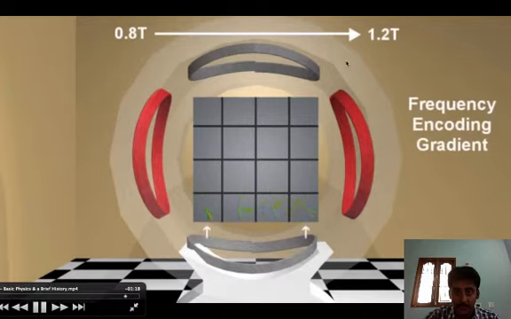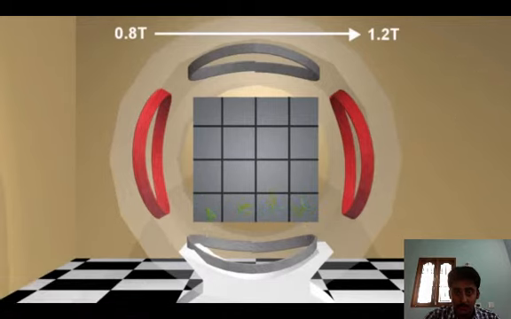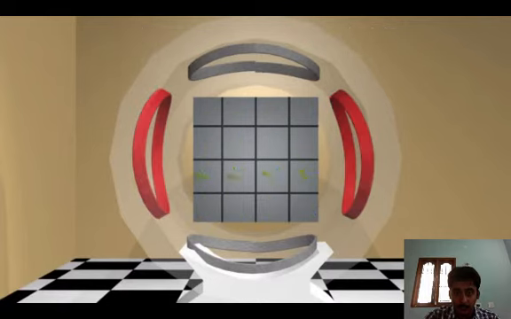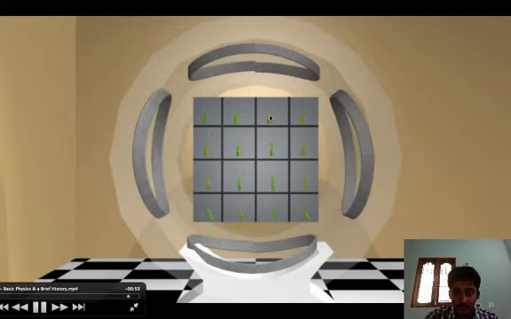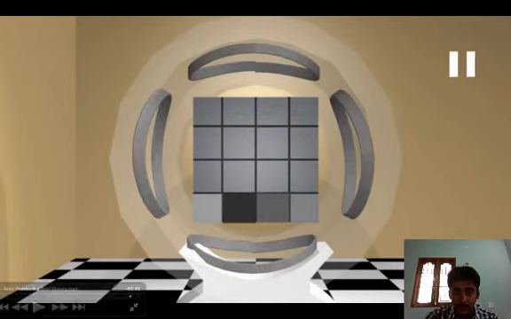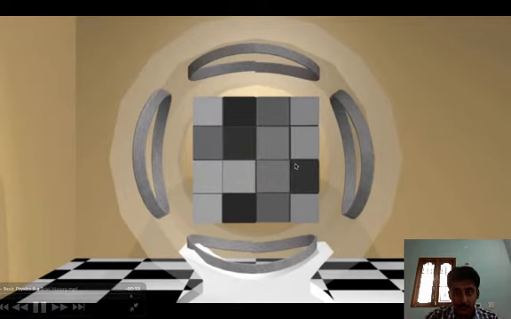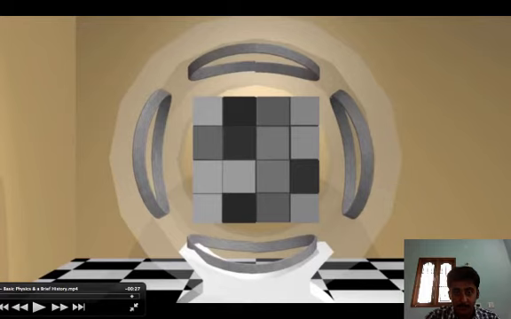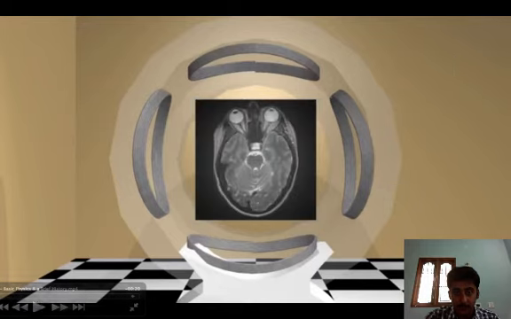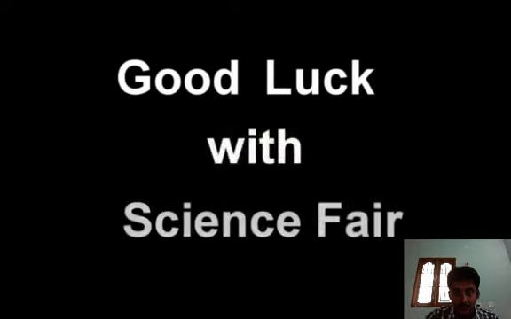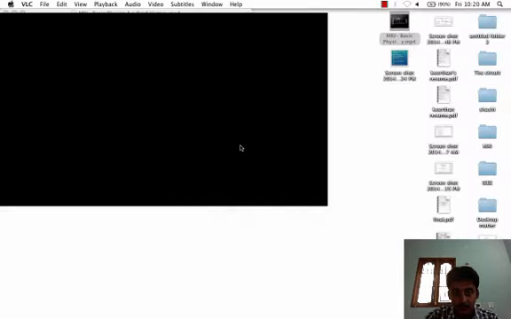And this is the gradient along the x direction. So high frequency, and there is even a phase shift. By these gradients, we can encode the phase as well as frequency. So each voxel emits different energy, and that is just encoded. This is the final encoded image. So thank you.